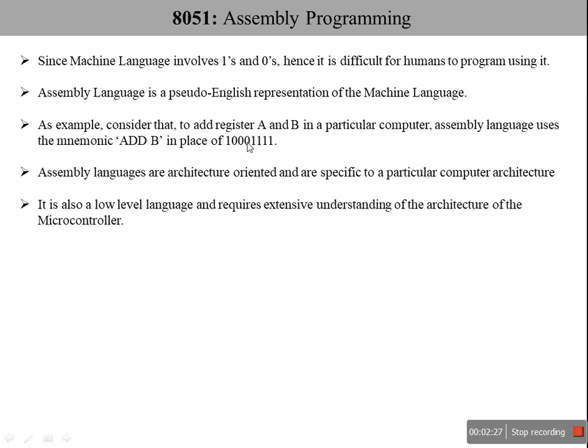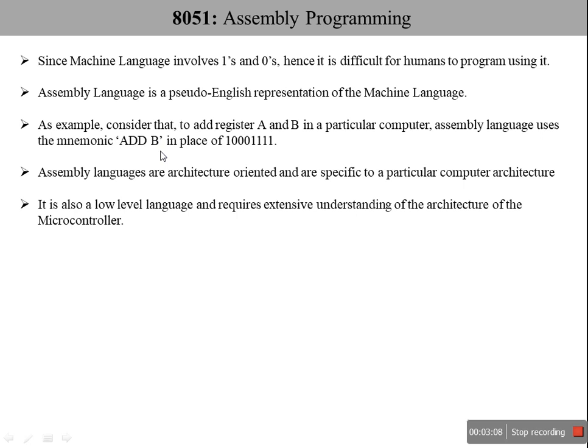For this set of ones and zeros, we use a mnemonic like ADD A, B. The content of A plus B will be added and the result will be in the accumulator. This mnemonic says this particular operation. Since it is very easy to remember such mnemonics, all the sets of ones and zeros with different operations will have their particular mnemonic, which is almost like English language, but not actually English. They are pseudo English. We say ADD B; it is understood that it is the addition of A and B, and the implicit register is A, where the result will be stored.